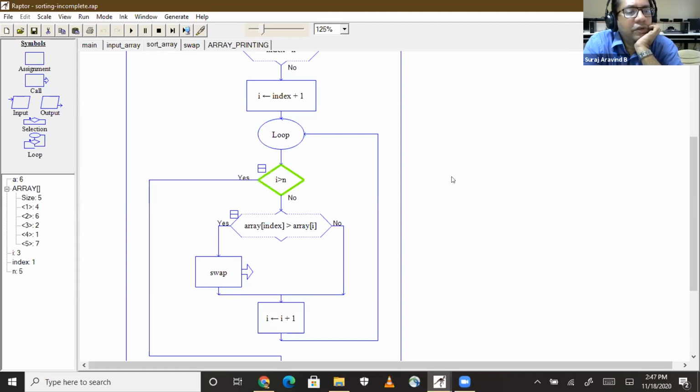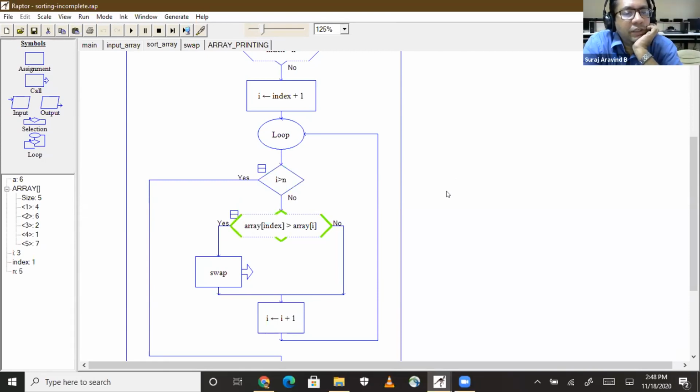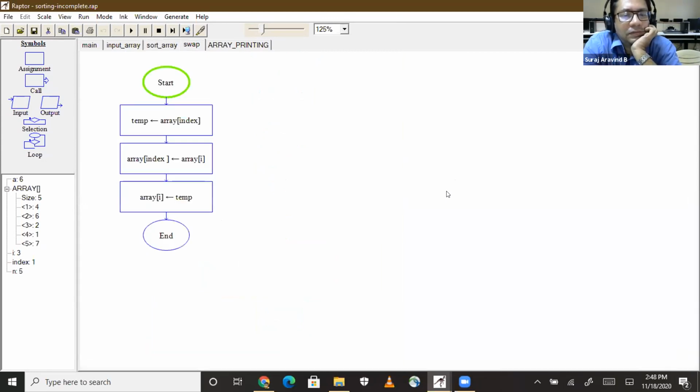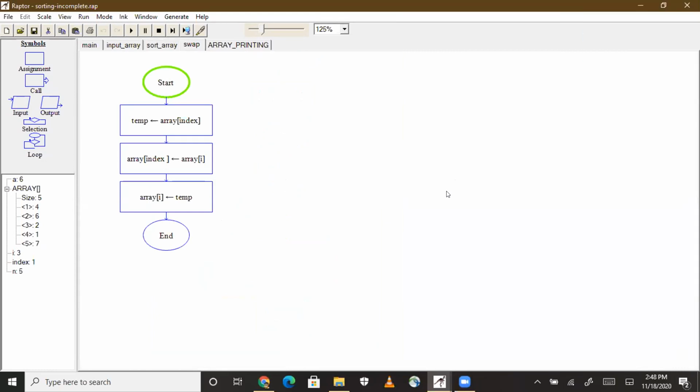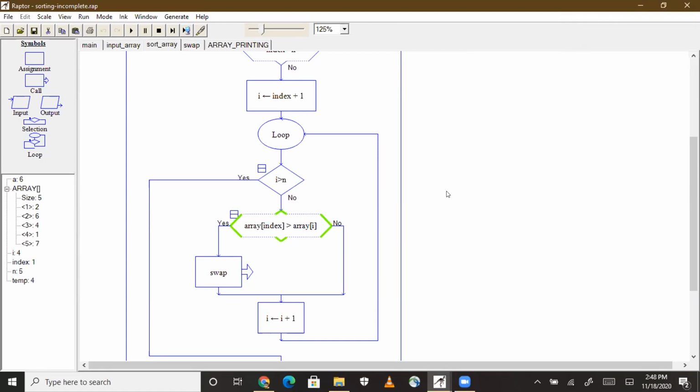So after one iteration, you have compared 4 and 6. Yes, sir. Because 4 is less than 6, it did not swap. Okay. Next, you are comparing 6 and 2. No, next we are comparing 4 and 2, sir. 4 and 2. Okay, fine. As 4 is greater than 2, it will change them, sir. So you have swapped 2 and 4. Okay. Now you are comparing 2 and 1. Yes. Okay.